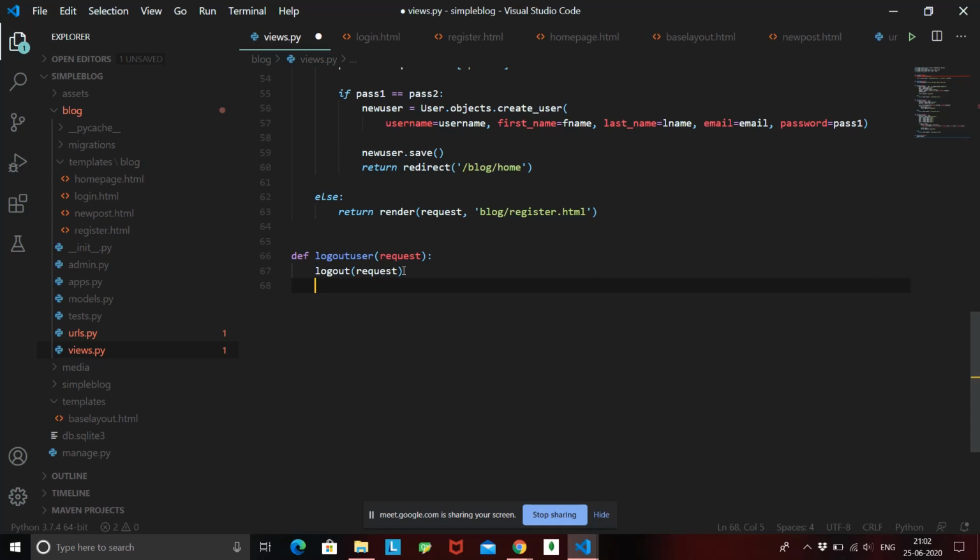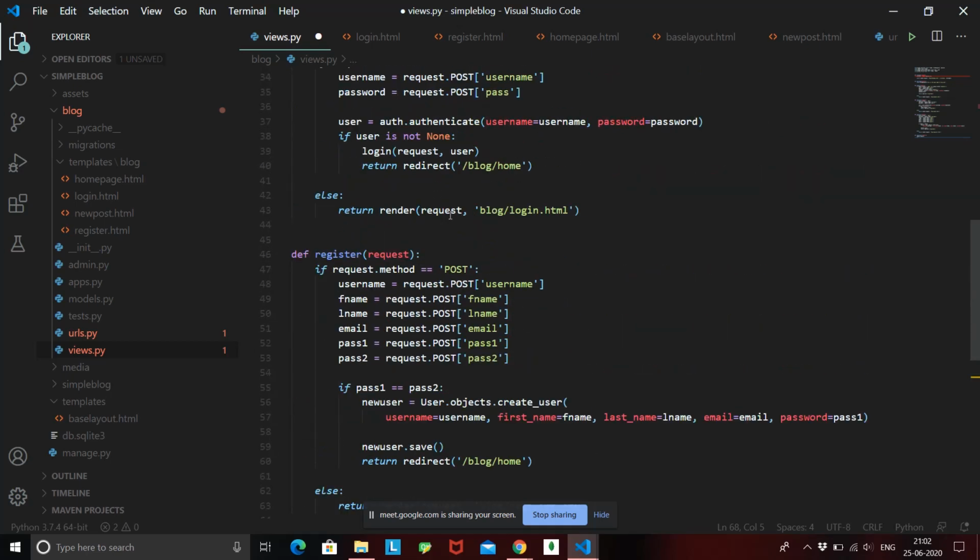You don't have to pass in the user credentials, that is username and password, because Django already knows what your username and password are since you are currently logged in. As you are currently logged in, we don't have to pass the username and password again to this logout function. We just have to pass in the request. But as you had to log in for the first time, Django didn't know your username and password.